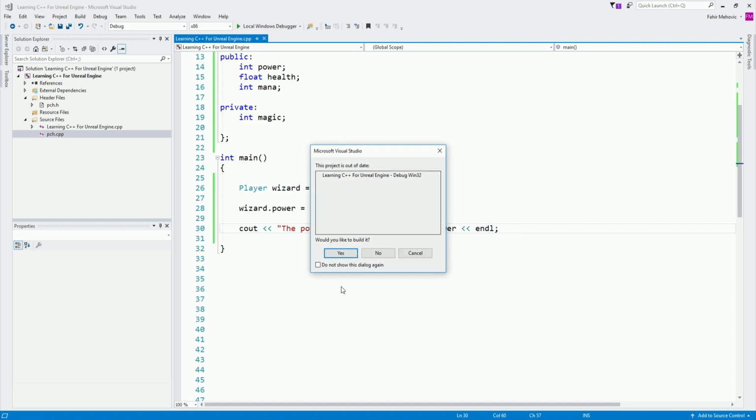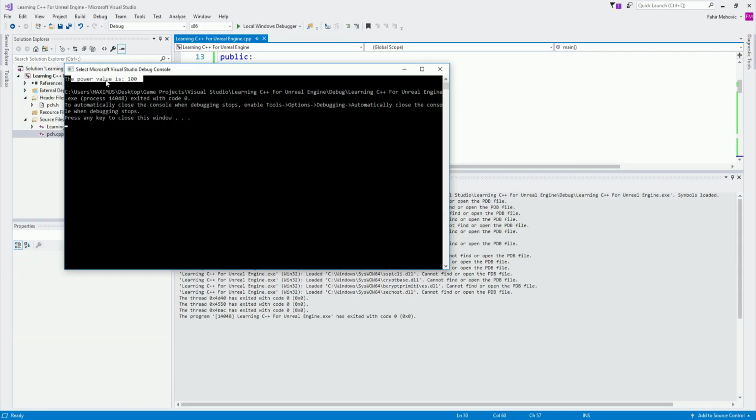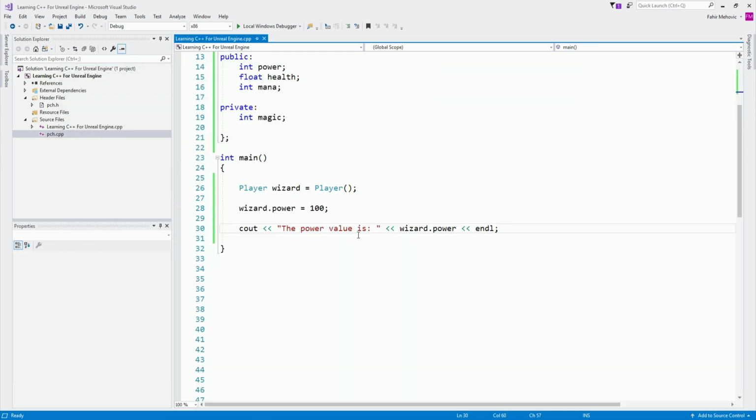If I run this, notice what is going to be printed in the console. You see here the power value is 100. Why? Because we set it over here to be 100, and as I said, it's a public variable, which means we can access it inside of the main.